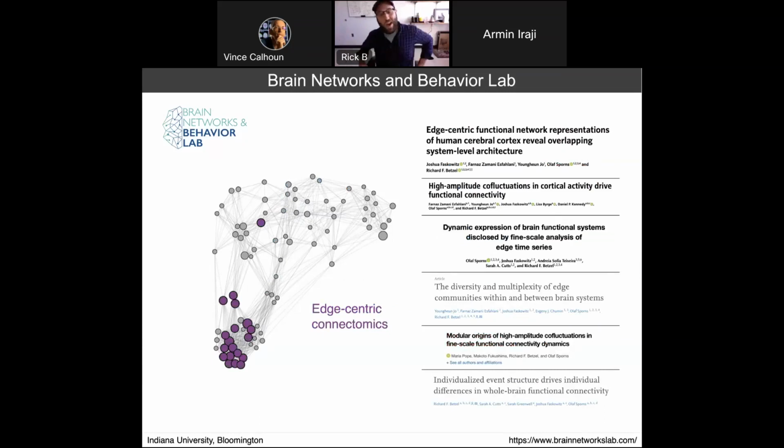But today, I'm going to tell you about what is for us a very new area, that is edge-centric connectomics. We started this just a couple of years ago, and it's been very fruitful for us and maybe controversial at times, but I want to tell you about this new area today. And a lot of the themes that I just talked about will appear at different points throughout the following slides. But this is, again, a relatively new area for my group and for my collaborators.